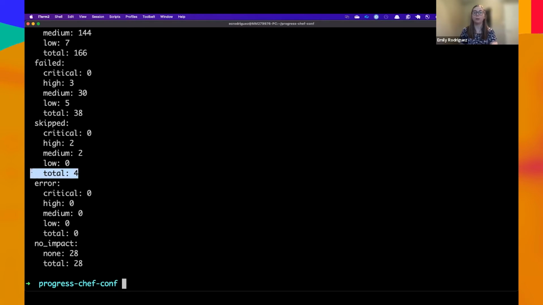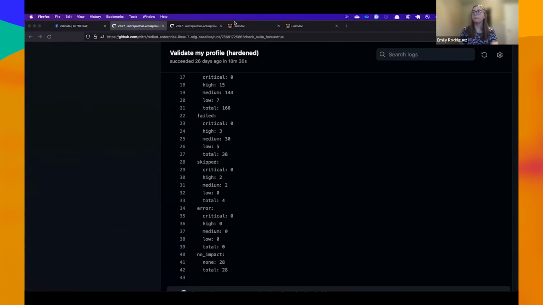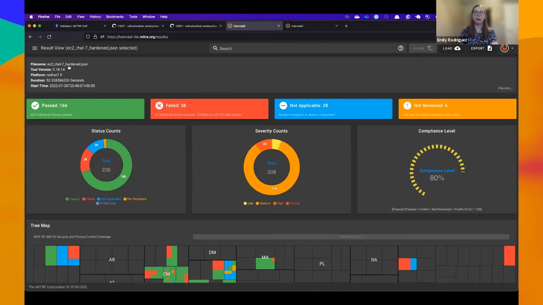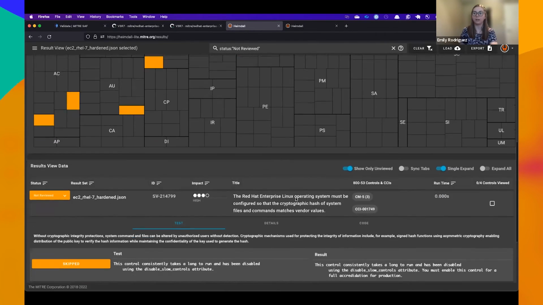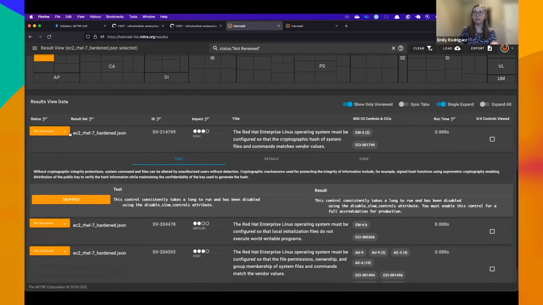so we can find out a little bit more about this particular skip control. So I've already loaded up the hardened results into our visualization app, and I can filter down to find the not reviewed controls and then learn more about why they're there. In this case, I can take a look at all of the data here and look at this particular control